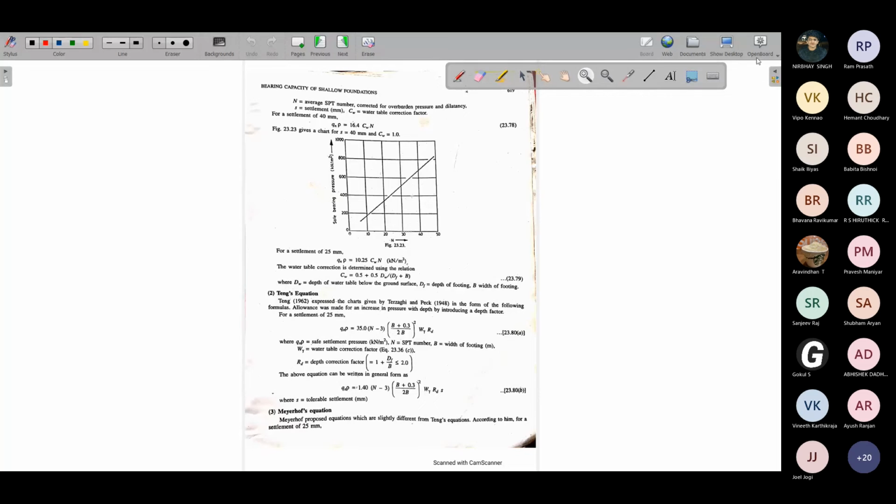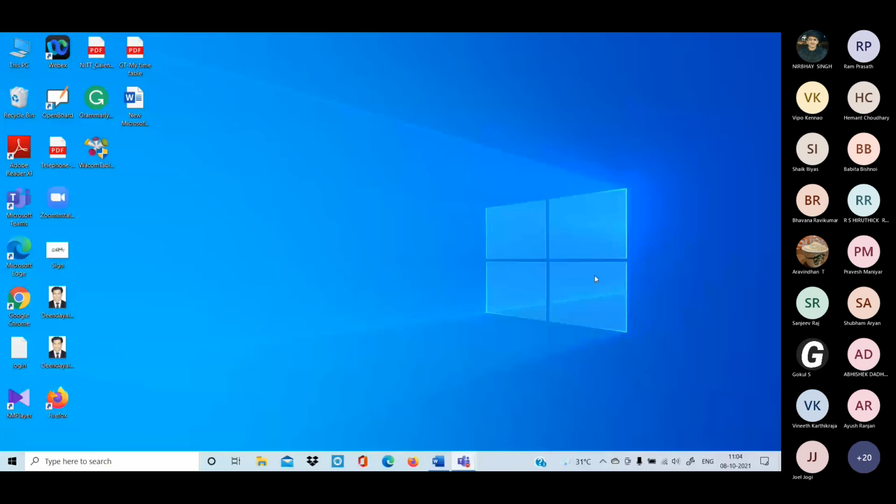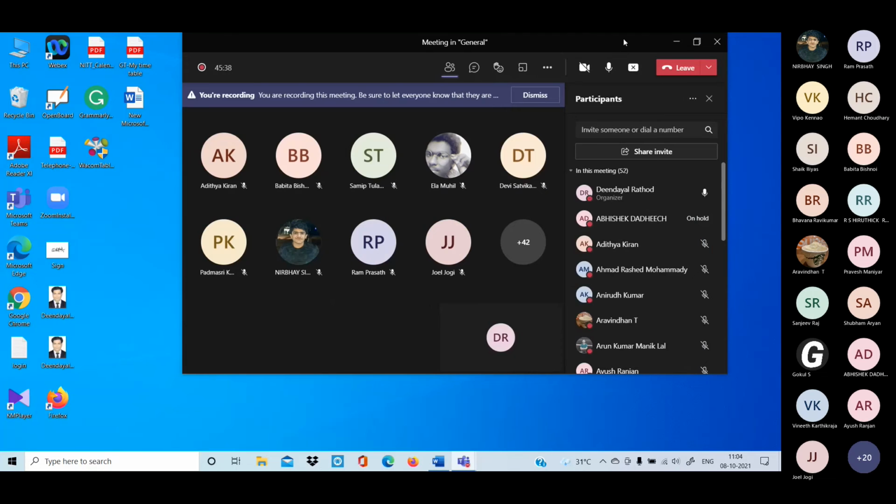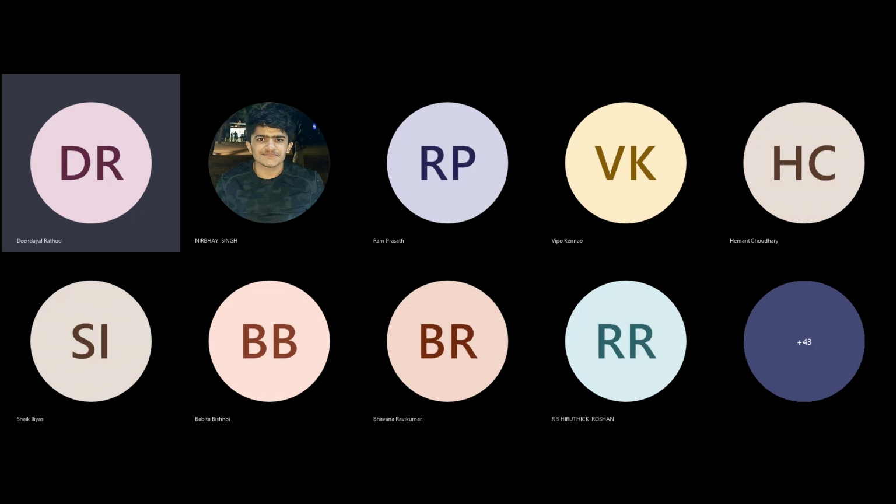You just read it once. One reading is enough because it is very difficult to read everything. Why I'm taking the book is that it will motivate you to read it. It is very simple, but at undergraduate level, Terzaghi's equation and other things may be sufficient, but they will ask some questions on settlement also in the competitive exams.